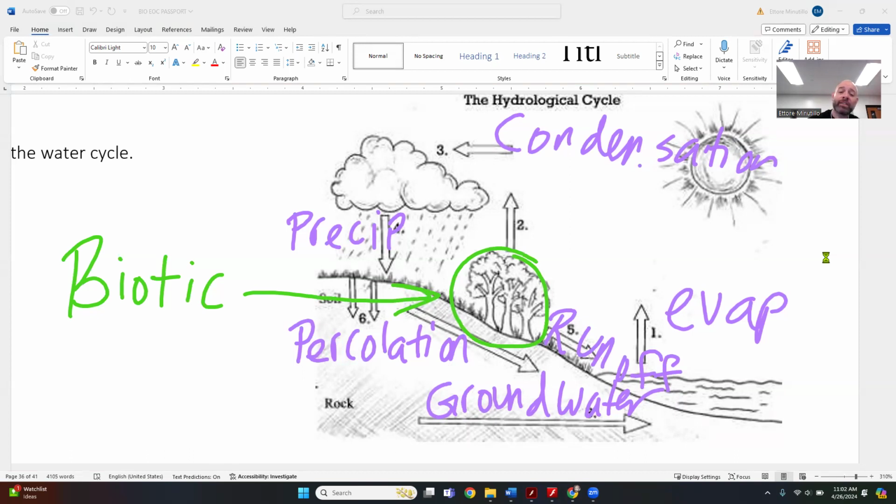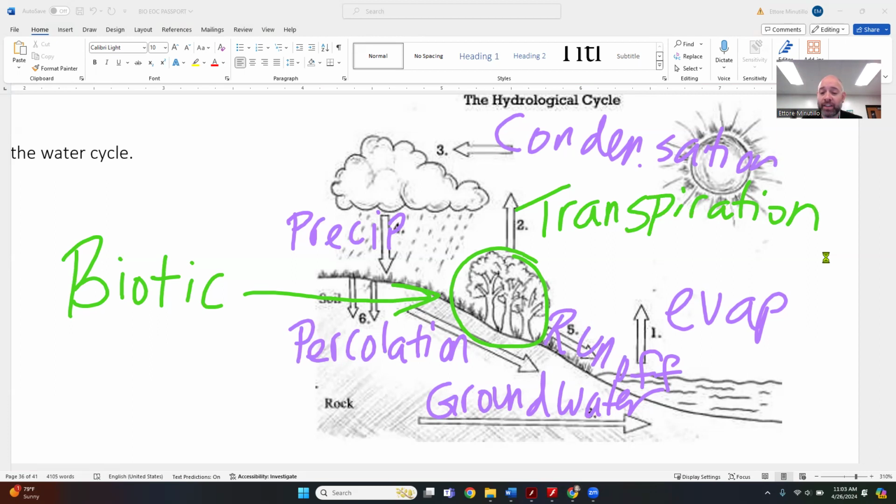So this process here is called transpiration. Transpiration is when water evaporates out of the leaves of plants. The water would be escaping through the stomata, the little holes in the bottom of our leaves, and making it back up to the atmosphere. Now, it sounds weird: why would we give plants and trees water only for them to let it evaporate out? It helps with the suction and pulling more water through the plant. So sometimes letting some go kind of keeps the flow going.